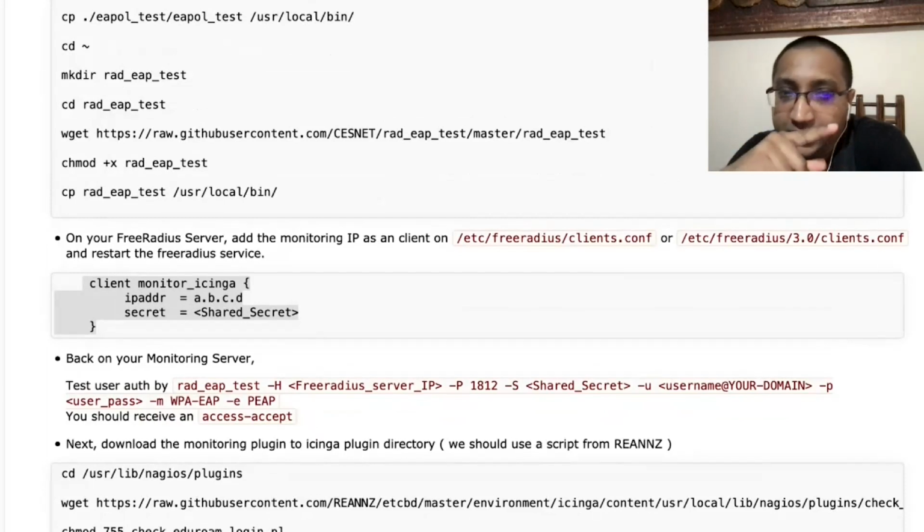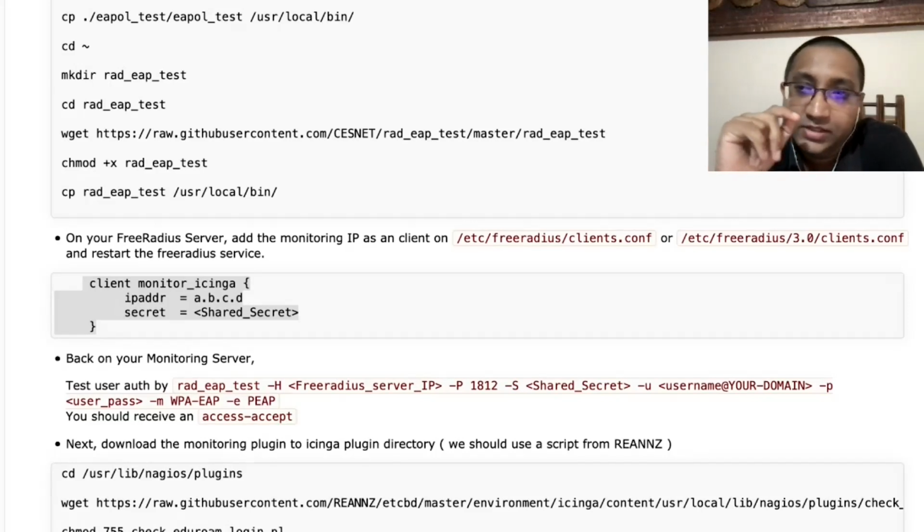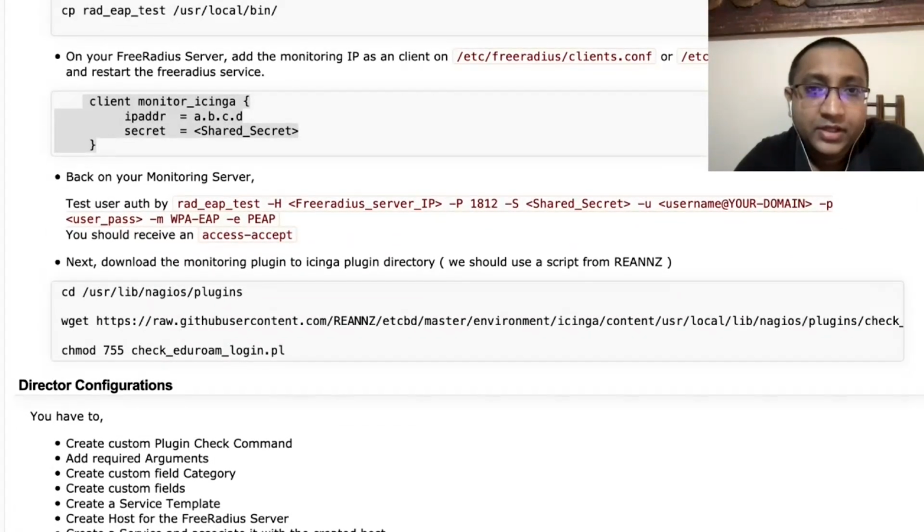If you are using an older version of FreeRADIUS, it should be /etc/freeradius/clients.conf. If you are using FreeRADIUS 3.0, then it would be /etc/freeradius/3.0/clients.conf. Include this part with the IP address of your monitoring server, and then you have to put a shared key. A shared key means some set of characters, maybe a password kind of one. Once you include that, go back to your monitoring system and test